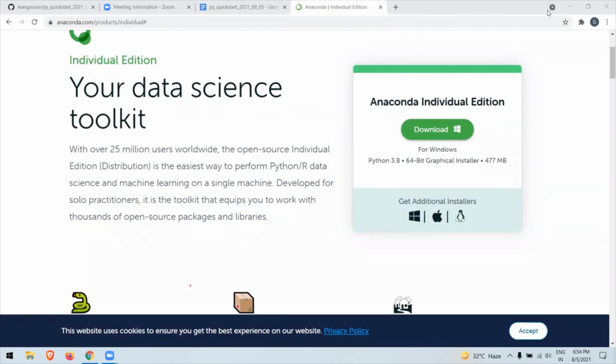So, check all users or just me? All users, I think. I prefer to use all users. If it doesn't work, like you don't have admin privileges on the system, then you can